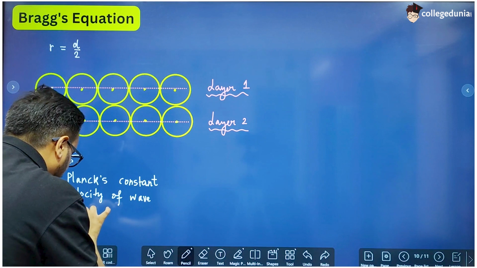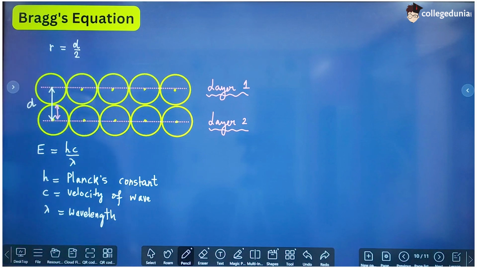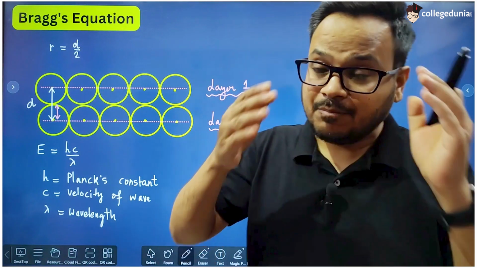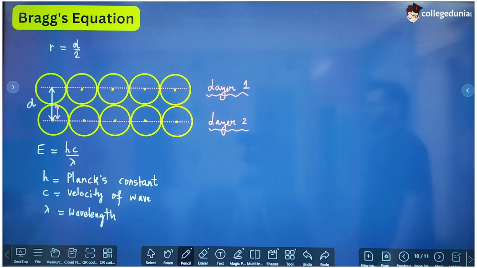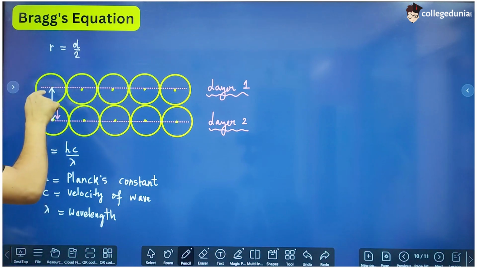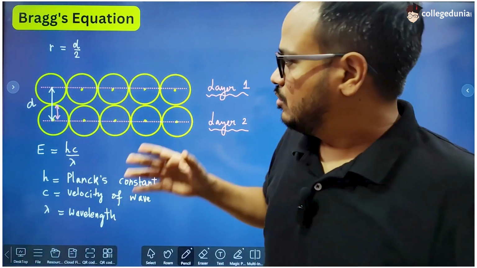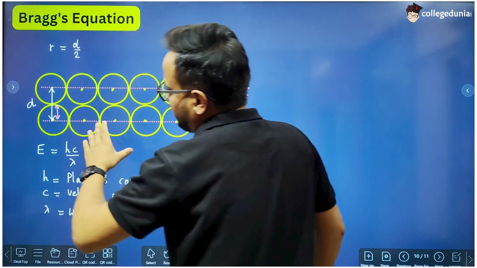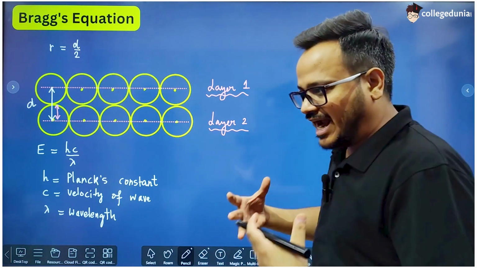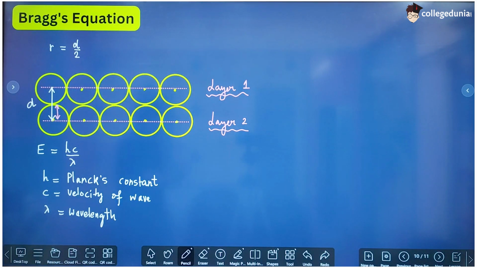Now to find the distance between these two layers, we must have something of very high energy which can penetrate inside, because atoms are actually electron clouds. This is a nucleus and there is an electron cloud around this nucleus. So to find the distance between these two layers, we should have something which can penetrate the first layer and go towards the second layer, and for that we need something of very high energy and of wave nature, because